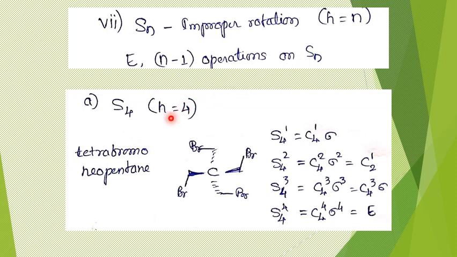Consider this molecule, tetrabromoneopentane. Usually other examples will be taken, but this is simple to understand, so I have chosen tetrabromoneopentane as the example. See, this is a tetrahedral carbon, and you are viewing it so that two of the bonds are projecting towards you. This is the best 2D representation that I can give for this molecule, and two more bonds are projecting away from you, right? And this you can take to be a CH2 group. All these are CH2 groups.